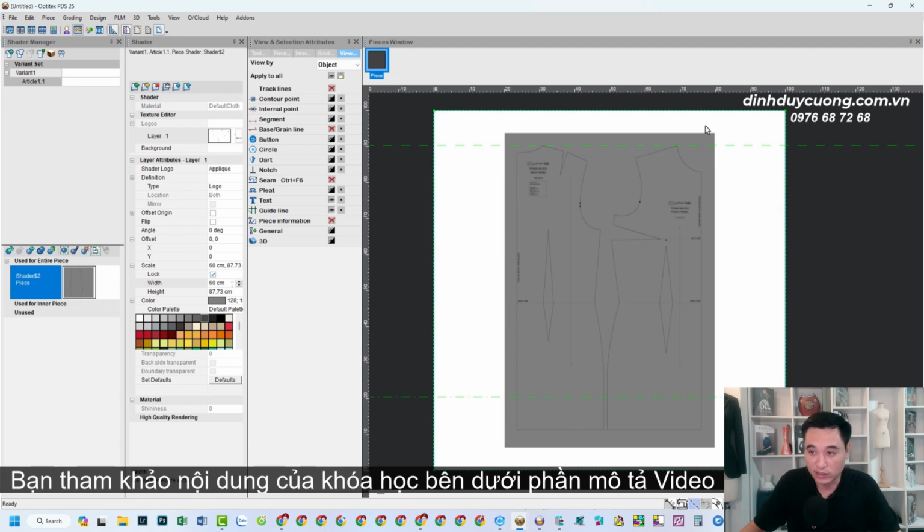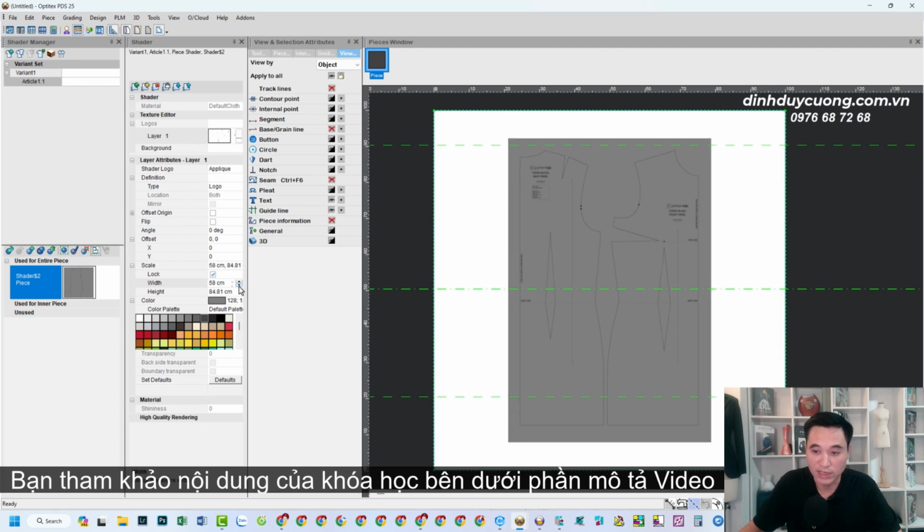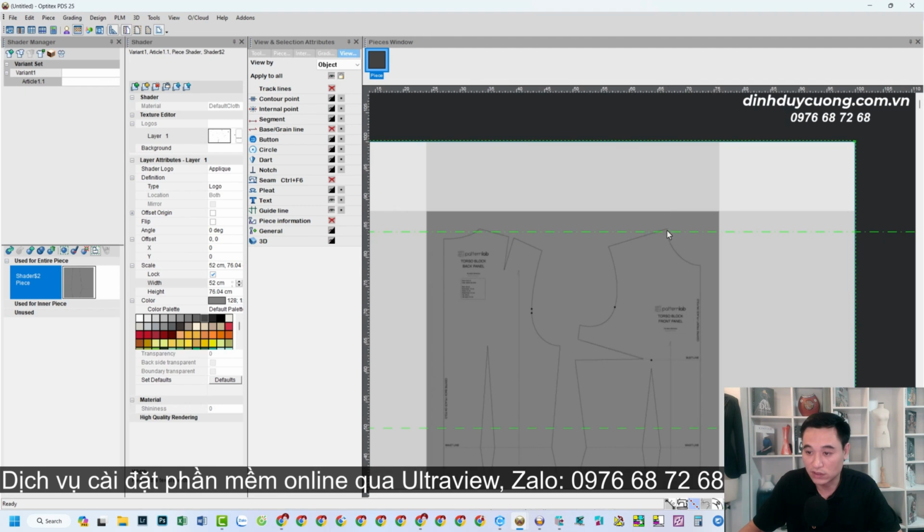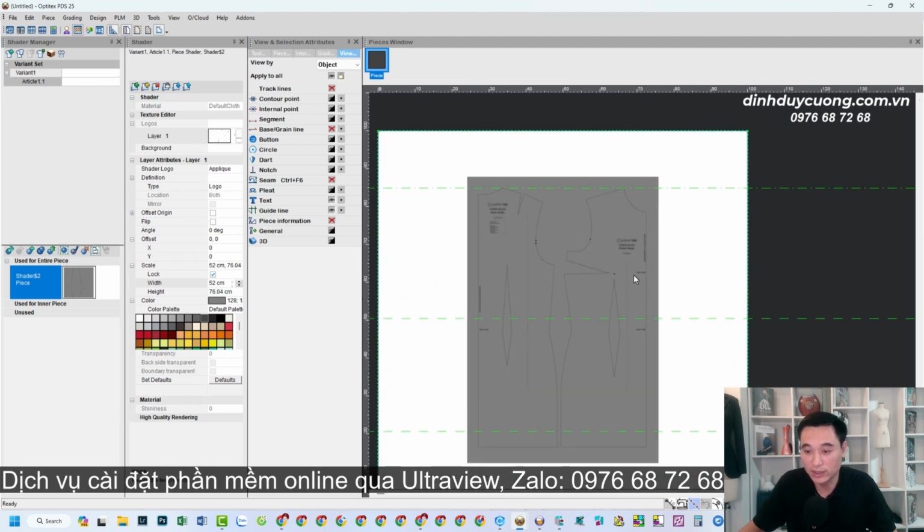Or you can use this L position as a reference point. For instance, if L is 40 and the shirt is still a bit too long, then you can reduce the number. You will decrease it. You can click on this down arrow here. So you reduce it, just lower it a bit, right? After that, you'll drag the ruler over here. Or if you prefer, you can move this image instead. You can use this method to move the image so that it aligns exactly with the ruler right here.